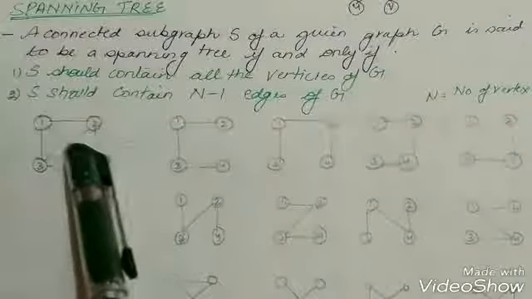So to make a spanning tree of this graph, what we do is we take 4 vertices and we reduce our edges to n-1. So only 3 edges we will take. So we can represent this graph in 16 ways. Like here you can see that I have made 16 spanning trees for this graph given to you in the question. So you can be asked how many spanning trees are possible for a graph having 4 nodes, something like this can be asked.